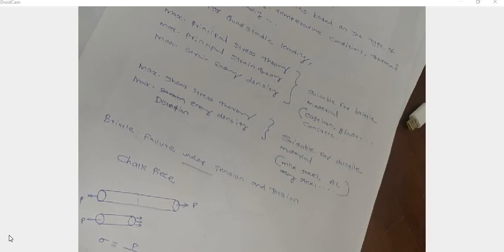So we cannot do different tests for finding all these values. So for the design, we only calculate the sigma y value and all other parameter values corresponding to yield stress, and then we relate these values at yield stress with the